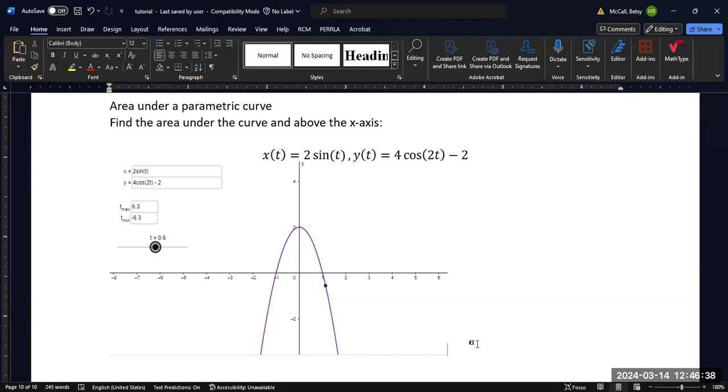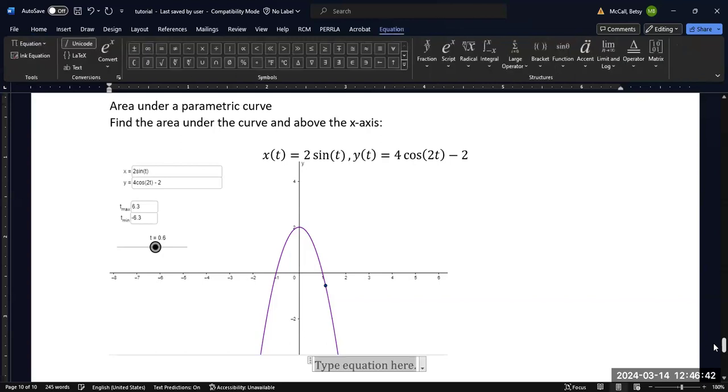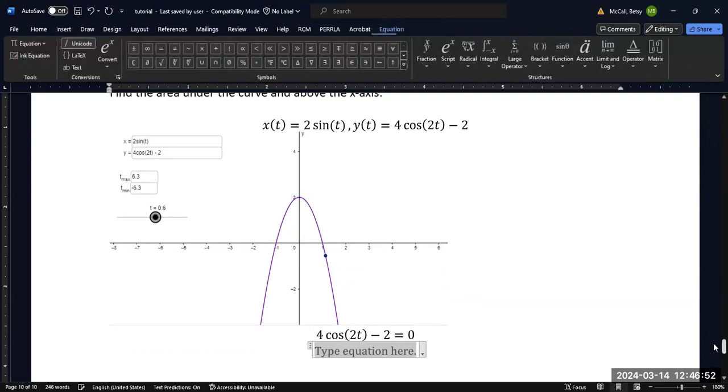But for this particular example, they're not specified, and so we can go ahead and find them. We're going to set our y function